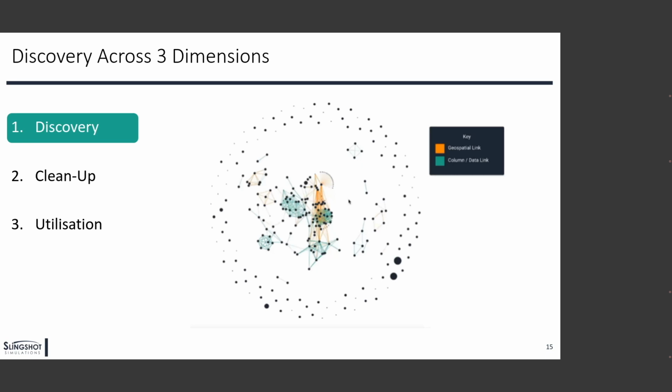So we build a network, as you can see on the slides here, where each of these individual dots on the screen is a data set in one of our clients, and the lines between the dots are the relationships between those files, between those different databases, between those different sources. Identifying that there are relationships between these is indicative of value. It is indicative of usage. And conversely, everything that we see around the outside is indicative of inactivity, lack of use, and potentially a lack of value.